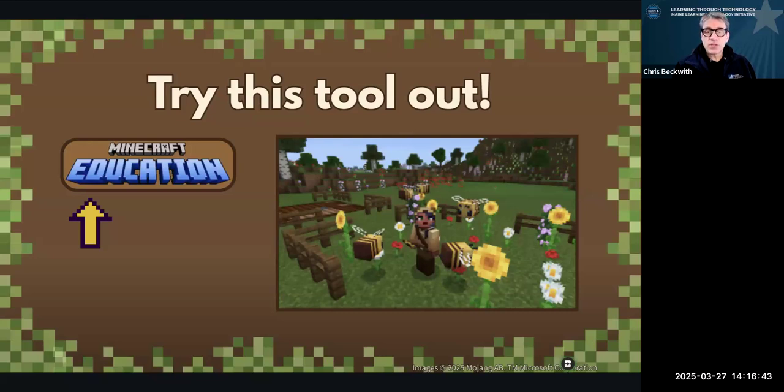Even as a standalone sandbox game, I've seen kids get extremely motivated. Where we are in the digital age now, if you're asking kids to make a poster or make a shoebox diorama, they could get in their time machine and go back a few decades and do those things, or they could use the digital tools of today. And so Minecraft is the modern age version of the shoebox diorama. If you told the kids you need to make a model of this thing using cardboard, maybe they'll get excited about that.